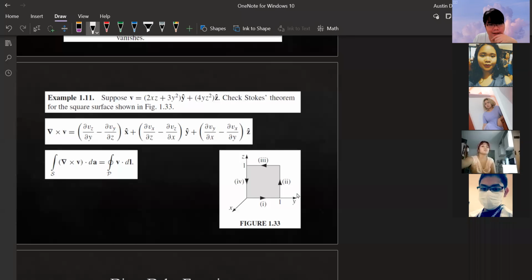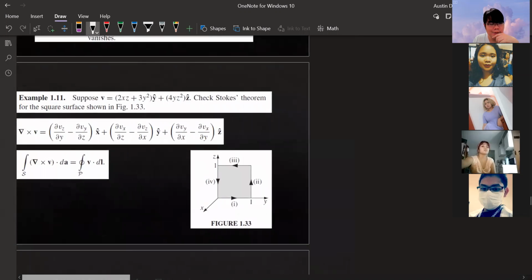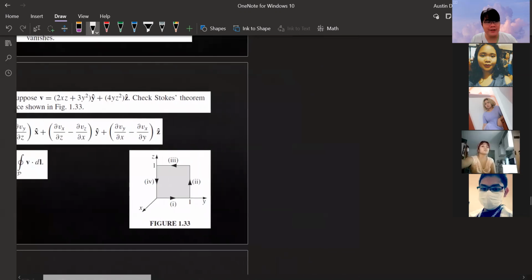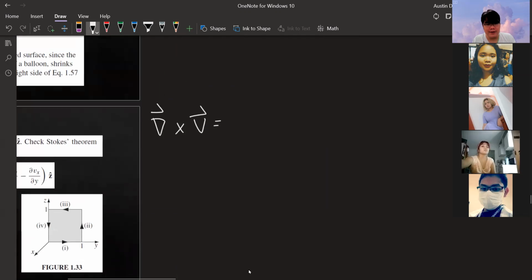So ano ba magandang gawin na una muna? Sige, left hand side na lang muna tayo para left to right tayo. So, kukunin natin yung curl muna ng vector V natin. So the curl is given by curl ng V is given by